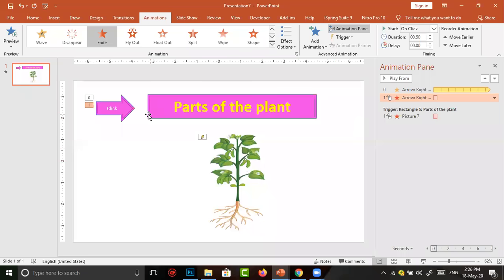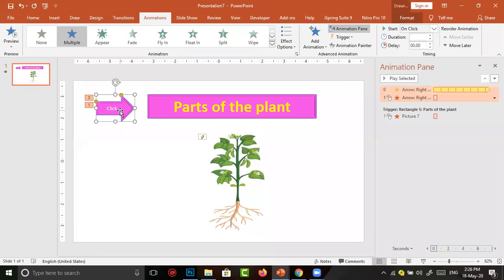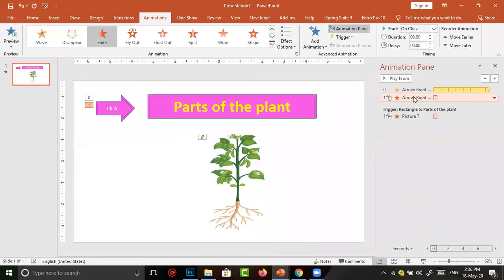The animation given to the arrow mark is appearing here. When should it disappear? When the picture disappears, at the same time the arrow mark also should disappear, but it is above the picture. Now we have to bring that animation below by means of the two arrow marks. We can move the animation. Again I brought it back below the picture. At the same time both should disappear.